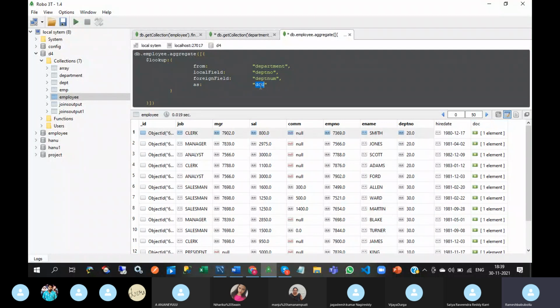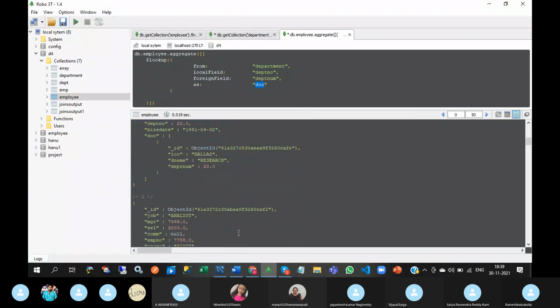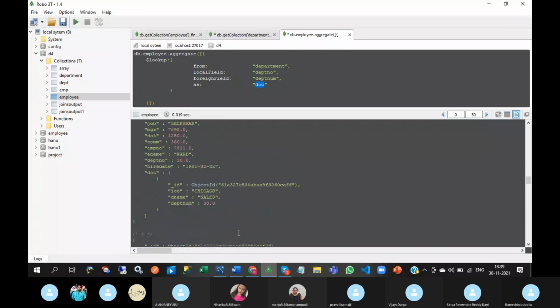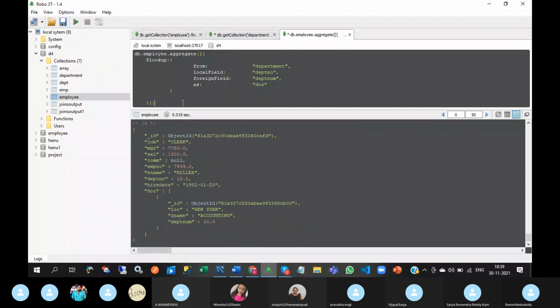It contains the department field values. So this is the lookup operator.